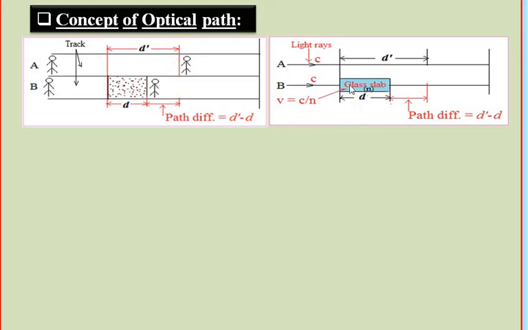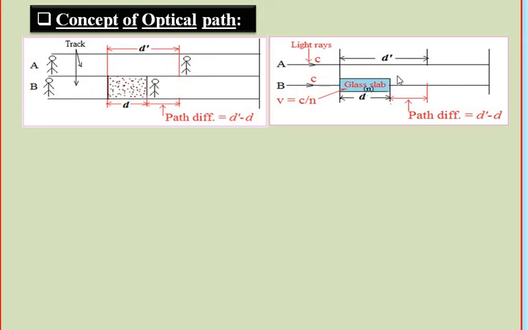If there is no obstacle in the path of B, then ray B also covers the same path as that of A. Ray B reaches this position during the same time because there is no disturbance in the path of A. It covers the distance, let the distance be D dash. So D dash is the optical path of D, because if there is no disturbance, ray B also covers the same distance as that of A.